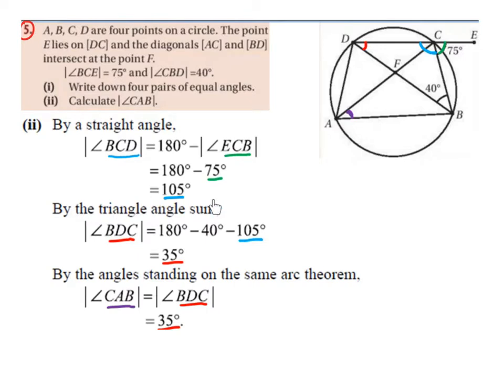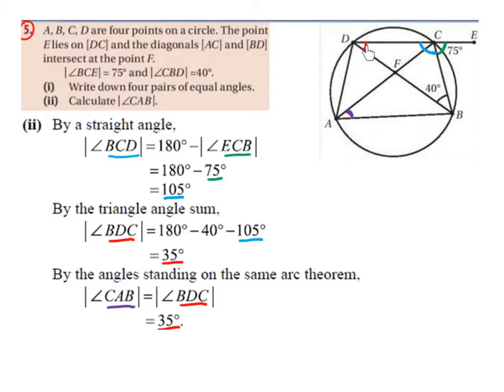By the triangle sum angles, so the angles in a triangle add to 180 degrees, the angle BDC, this angle drawn in here in red, is going to be 180 degrees, minus 40 degrees, minus 105 degrees, which leaves us with 35 degrees. So if we look at the triangle DCB, we know that this angle is 40. We just worked out that this is 105, so taking them away from 180 leaves us with a red angle,